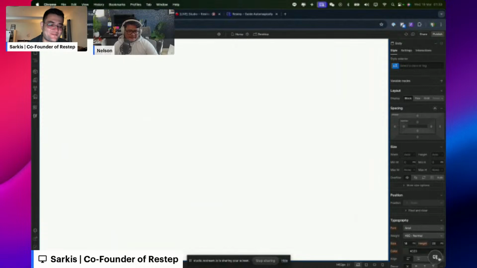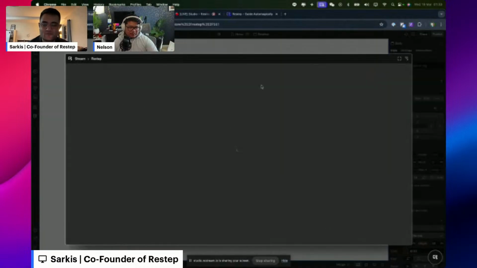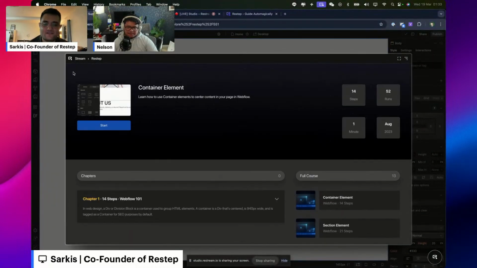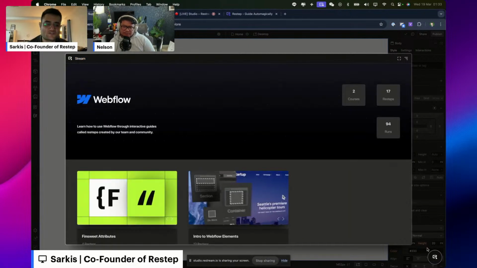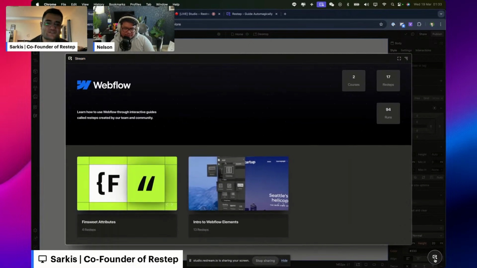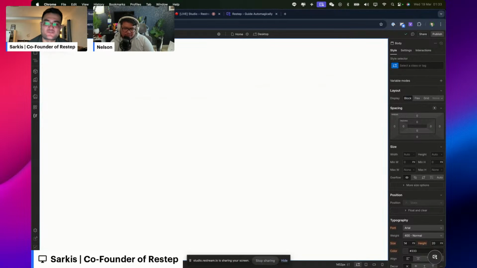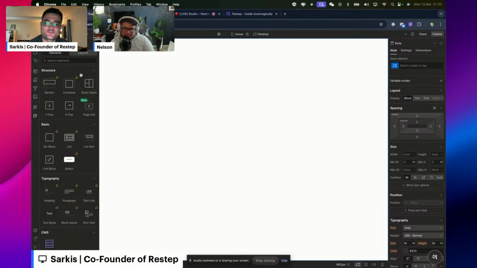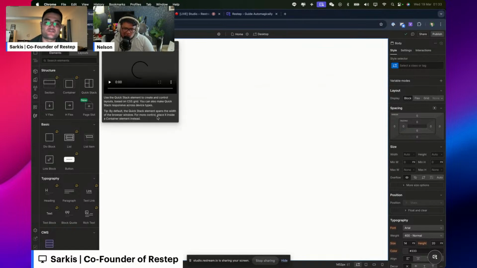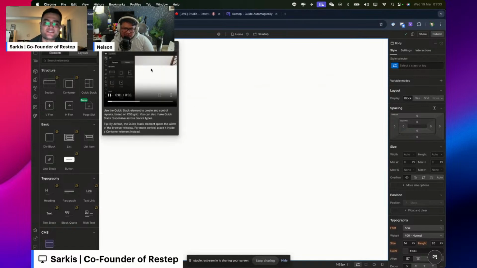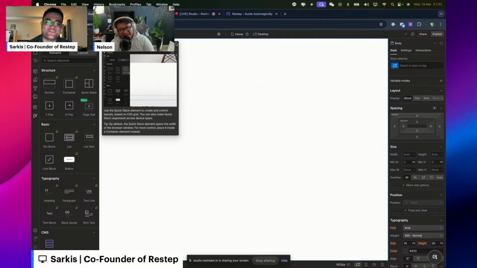So you saw Restep running through from here, right? You go into the stream and everywhere else. But what if you could also embed Restep anywhere you want? If you go to the add panel, you'll notice there are these little triggers that we've added on these elements. So instead of clicking on the question mark and getting this sad little description in a video,